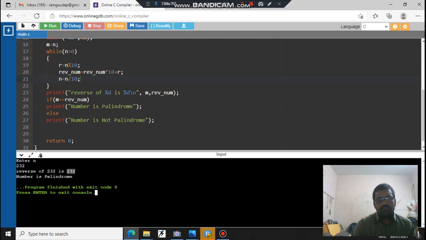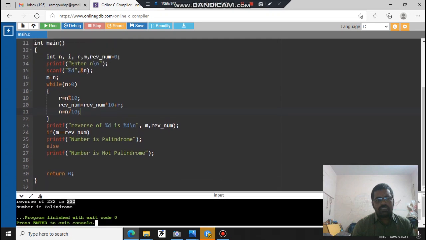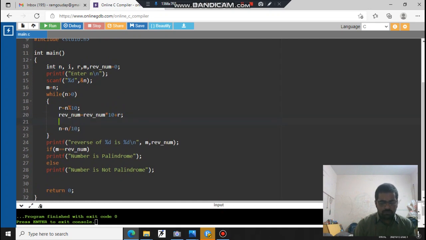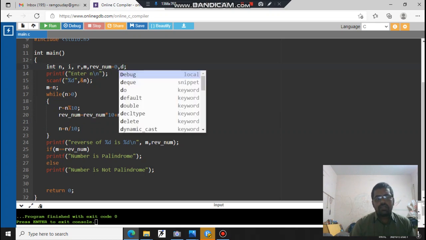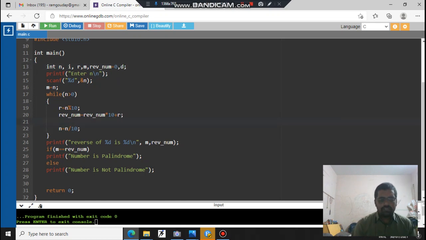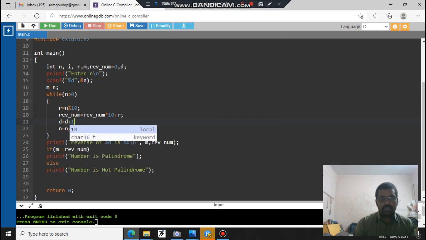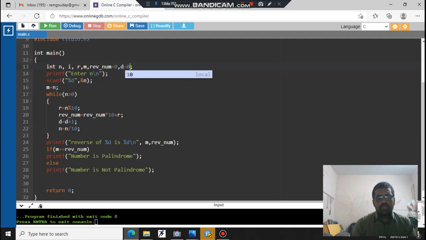Another thing, if you want to count the number of digits in the same program, what you will do is, instead of reverse a number, you will declare another variable d. Okay, and inside this logic you will add d is equal to d plus 1, and initially d will be 0. If you want to print those digits also, that can be done here.